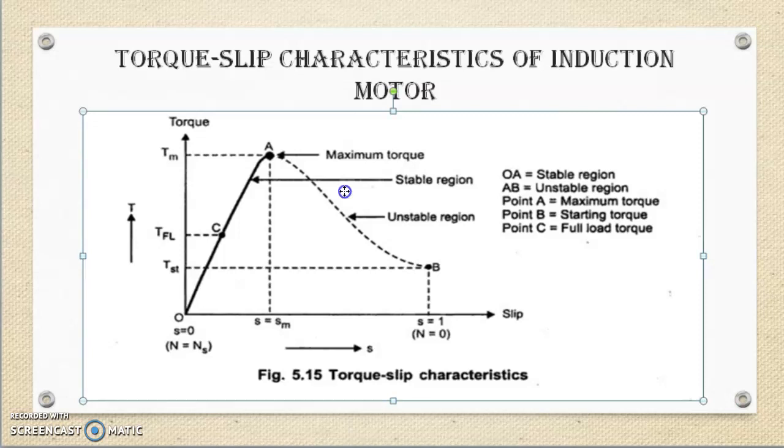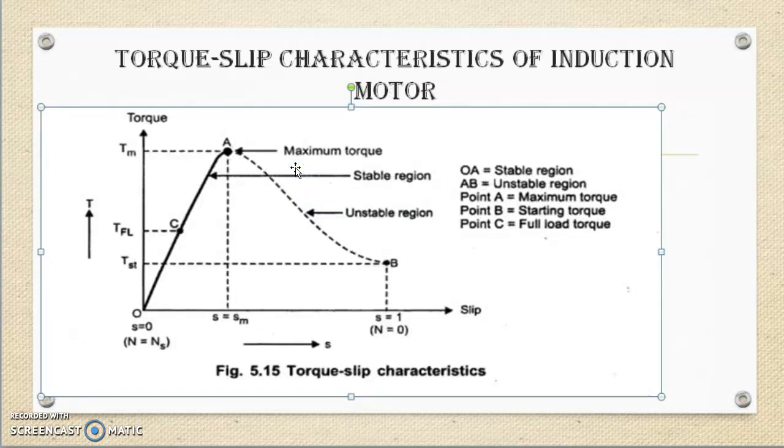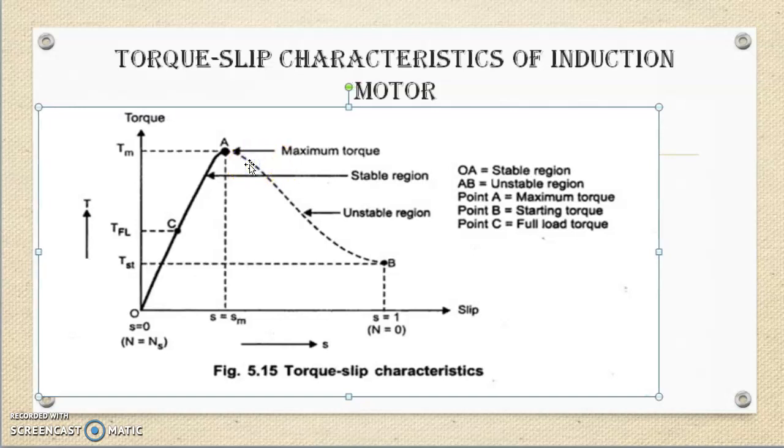So Tm corresponding to point A is the maximum value of torque, TFL is the full load torque, TST is the starting torque, and corresponding to Tm we will get the maximum value of slip. So this is the torque slip